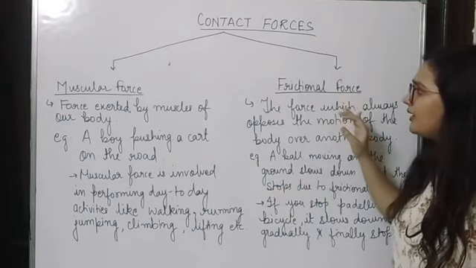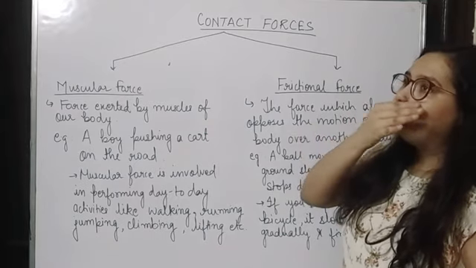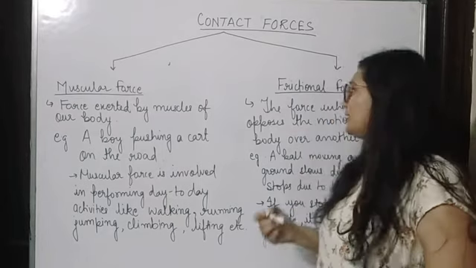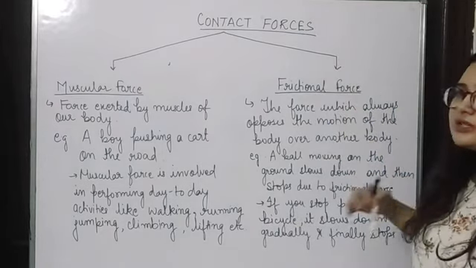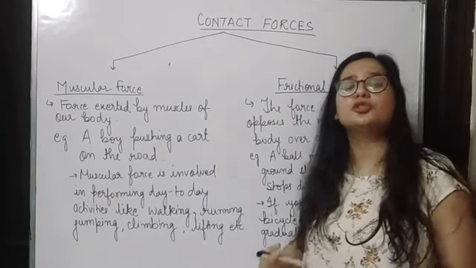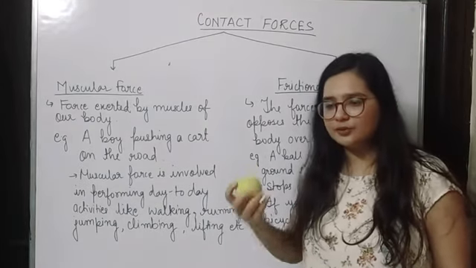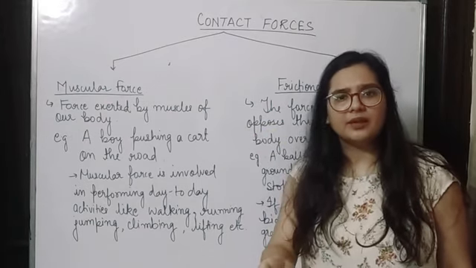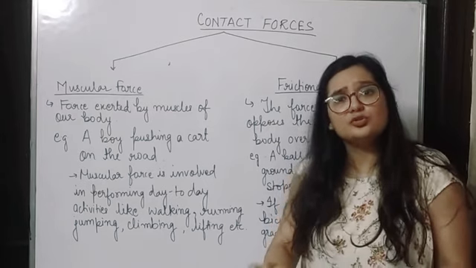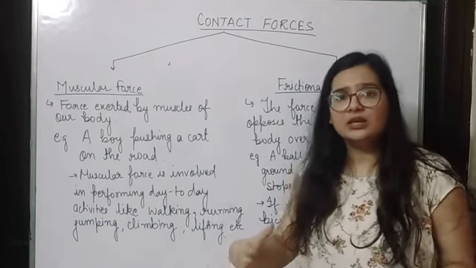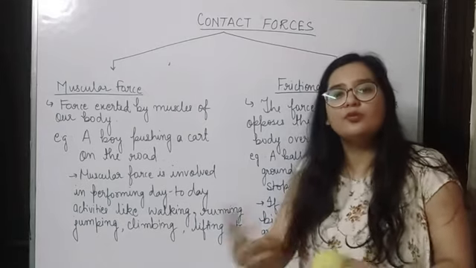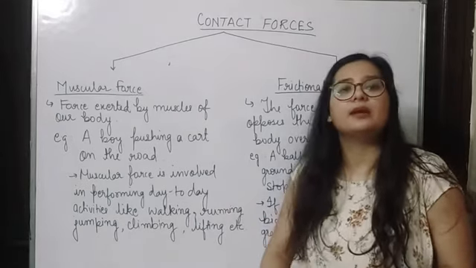See, frictional, just understand, friction means roughness, right? So when I say frictional force, that means it is the force that stops the motion of something. For example, if I am throwing this ball, this ball will move slowly, and finally at some point this ball is going to stop on its own without any external force. So the force that is stopping this ball from moving ahead is your frictional force, and it is directly proportional to the roughness.